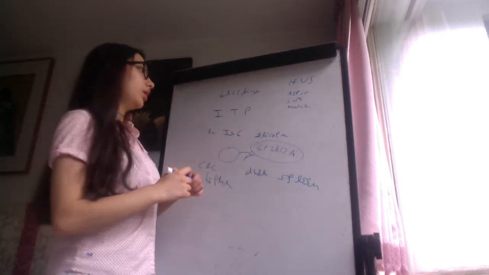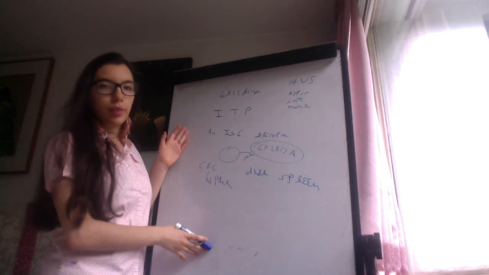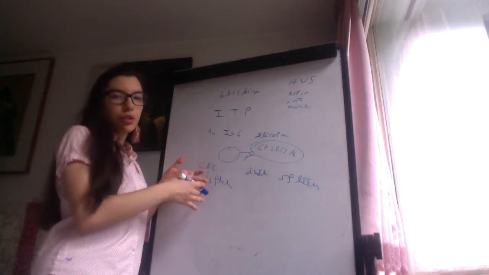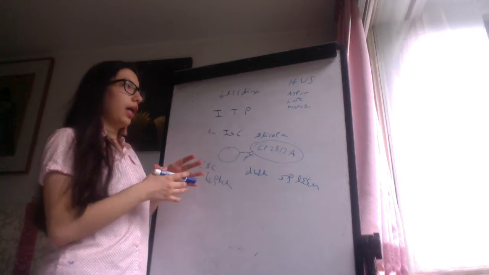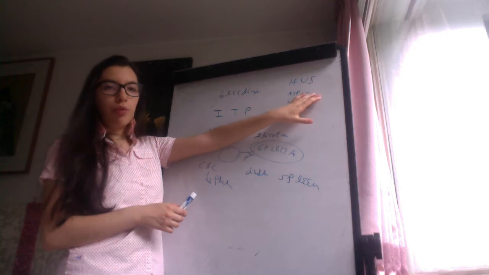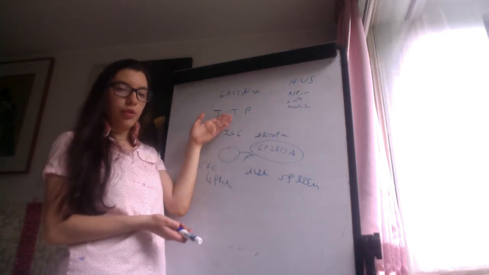Now, if we don't find anything of this, we say that the patient has idiopathic thrombocytopenic purpura, and this also could be, you can think, like some of these causes. Obviously, if the patient has hemolytic uremic syndrome, we're not going to say that he has idiopathic thrombocytopenic purpura,